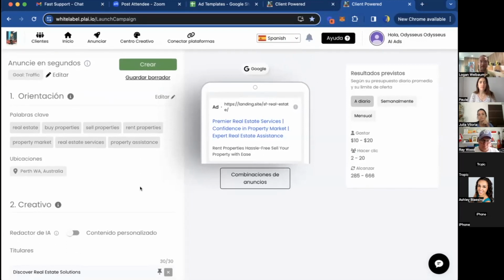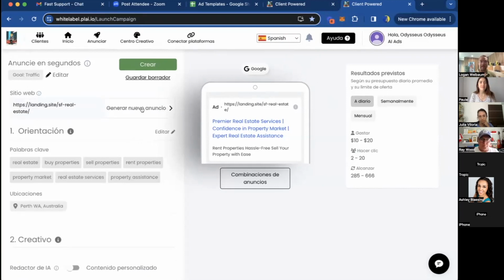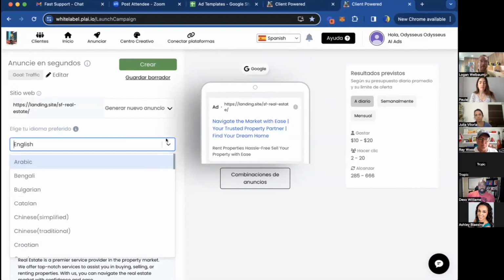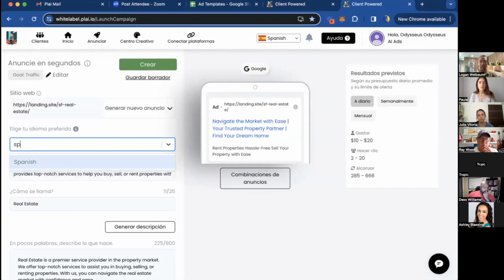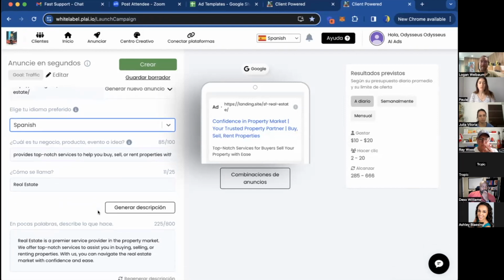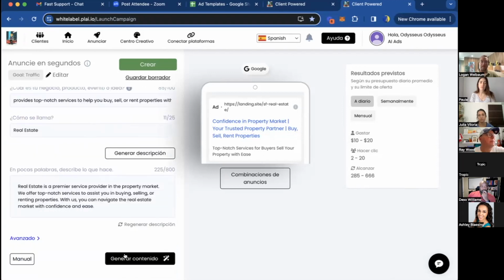You'll notice this is all in Spanish now. To get this into Spanish and to actually push a Spanish ad to your ads, you'll still need to come in here and just tap Spanish right here. You can have everything written in English in the prompt if you want to, and we could translate it, or you could even write this in Spanish right here. But to get the keywords and the ad copy and everything else in Spanish, you'll just switch this over to Spanish right here, and we'll just tap generate content.